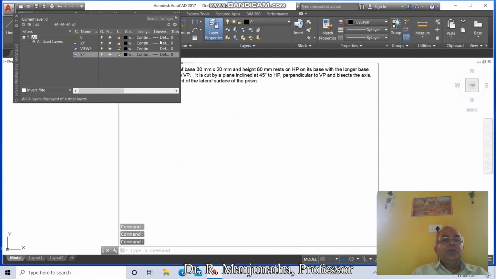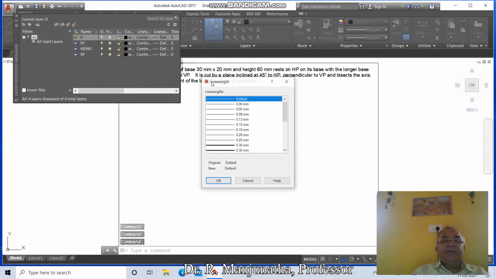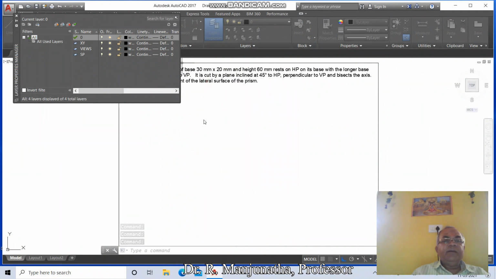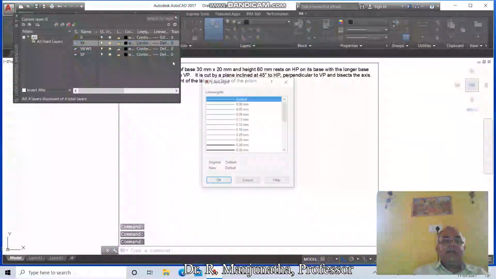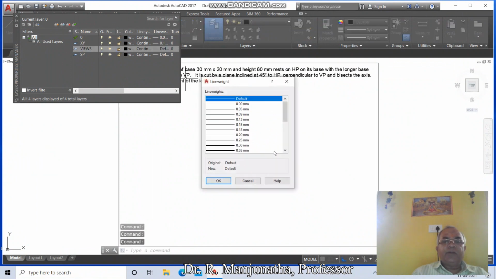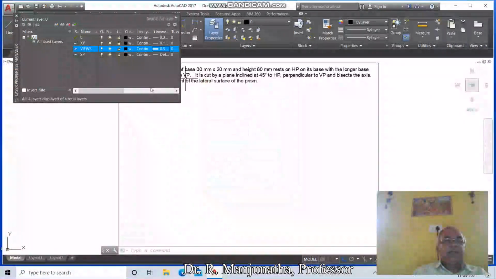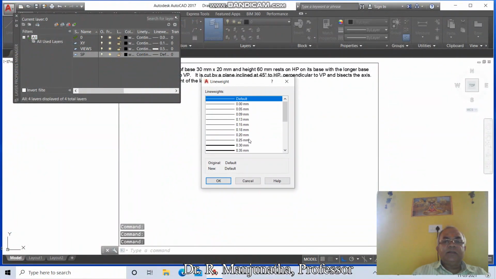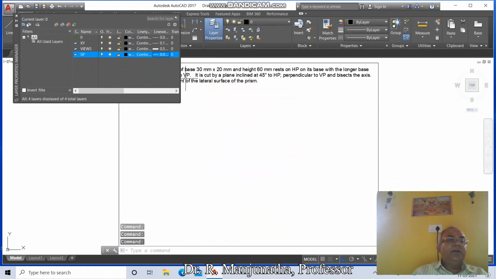Now go to set the line weight of layer 0, make it 0.05, set the layer XY line weight as 0.13, set the layer views as 0.5, set the layer section plane as 0.05, and then click on new,